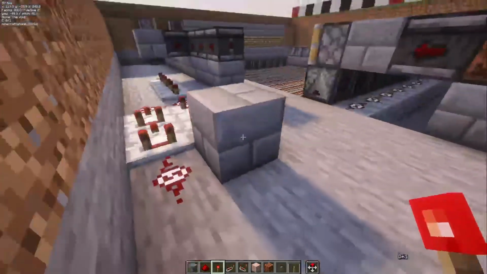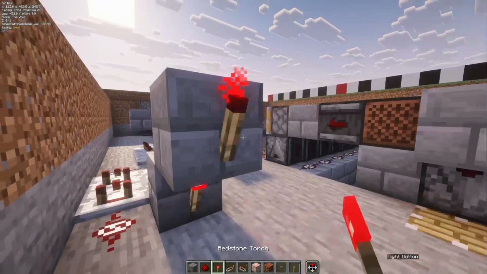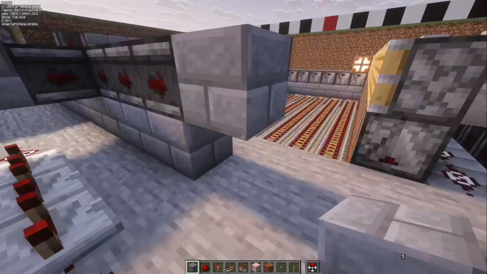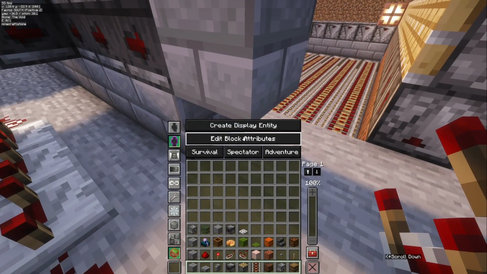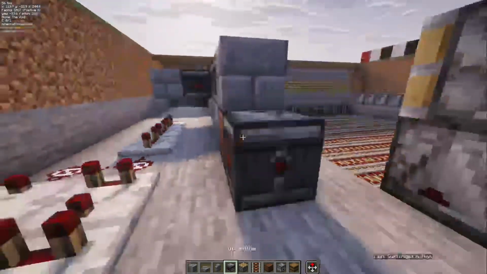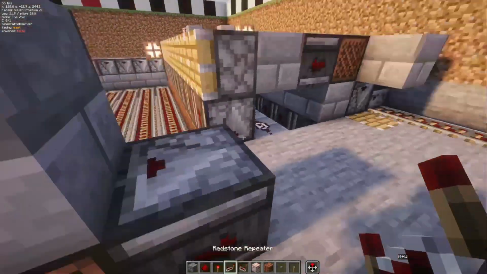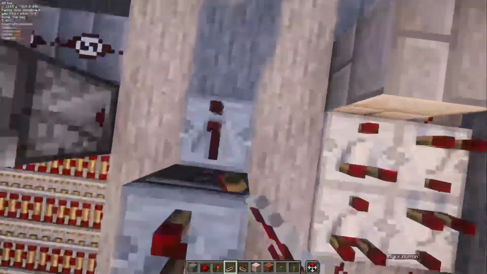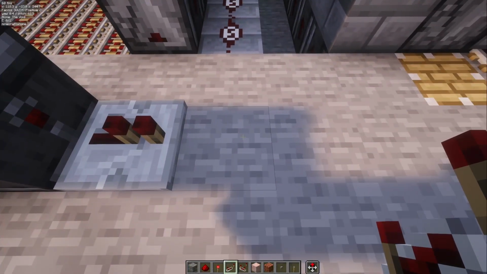Now you're gonna grab a torch, you're gonna place it here with a block on top, and then another torch there. And before continuing with this, we want to come here and place 1 block there with a node block underneath, then an observer looking into that node block, and then on top of the observer you're going to place a repeater to 2 ticks. On the tail of the observer you're going to place a repeater,